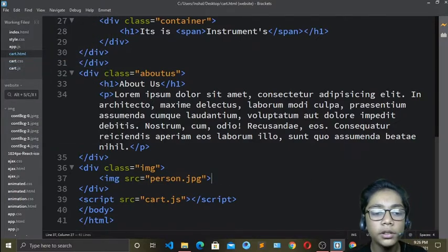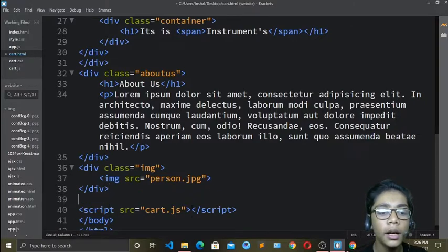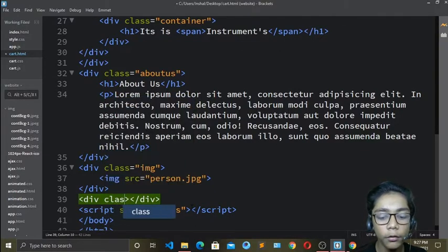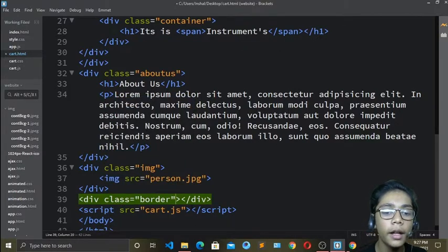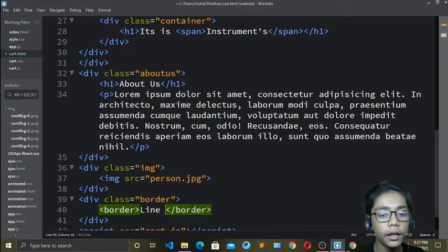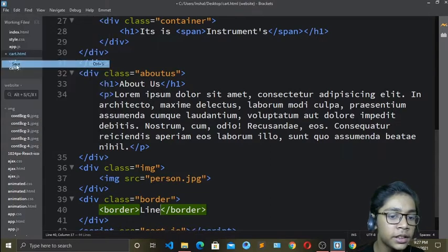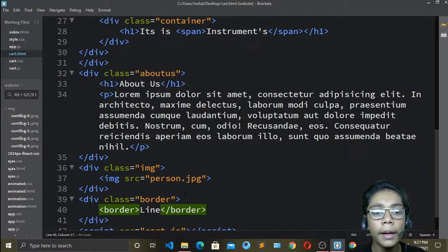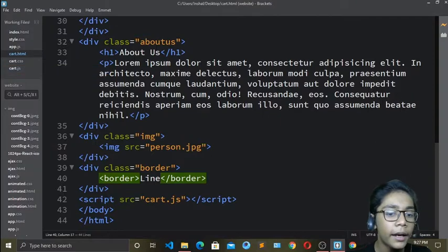Now when you have done all these things, come underneath that again and write another thing. Write div and write a class of border, because we have to define our border underneath this class. So I will write yellow over here. First of all write like that, and now define another thing which is called border tag. I will define the line underneath over here. With the help of JavaScript, I will take the line, so there will be a border coming in the back of our image. Now when you've done that, hit save.